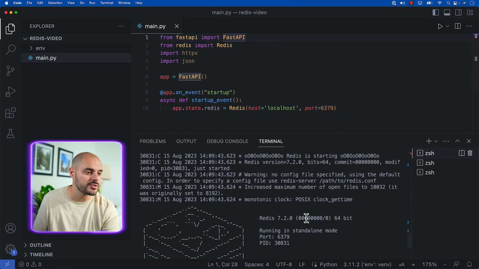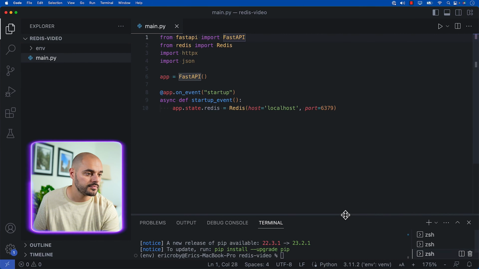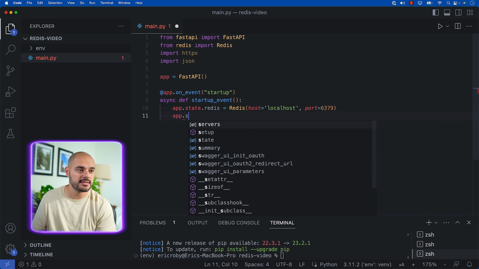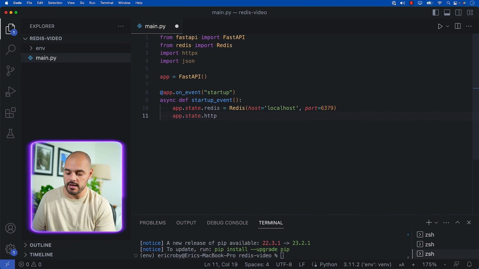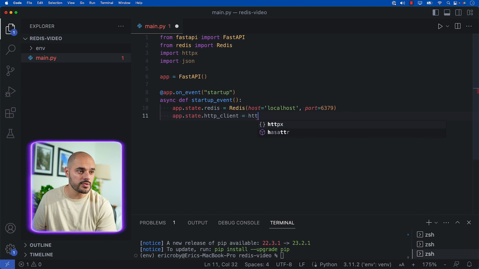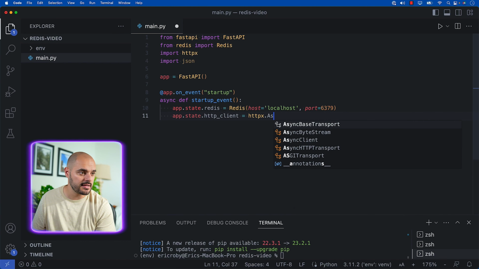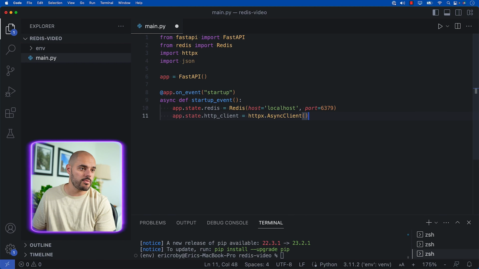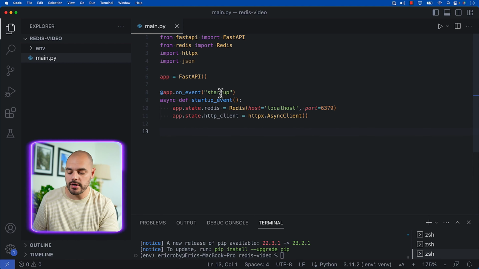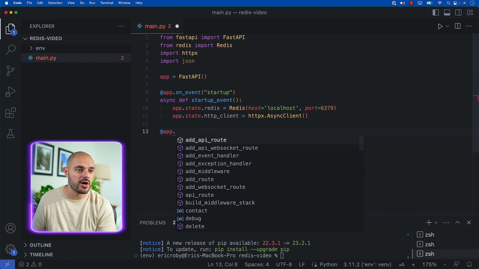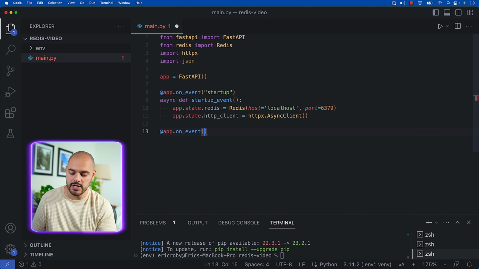So if we go back to our Redis server, 6379 on our local host. We then need to say app.state.http_client will be equal to our httpx.AsyncClient. All right. Now let's do the same thing for a shutdown. So we can say app.on_event, and inside here, we can say shutdown. We can say async def shutdown_event, which is